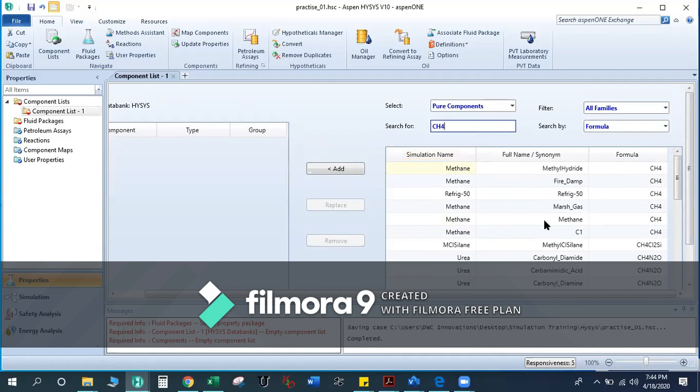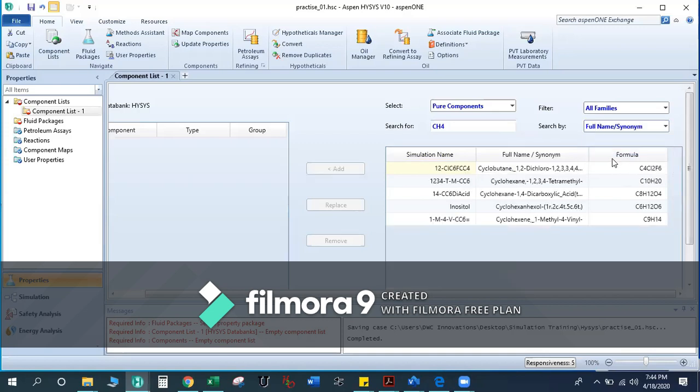You will find all the components which have the CH4 species in them. So based on the information available with you, you will be adding the components to your library from the HYSYS database.